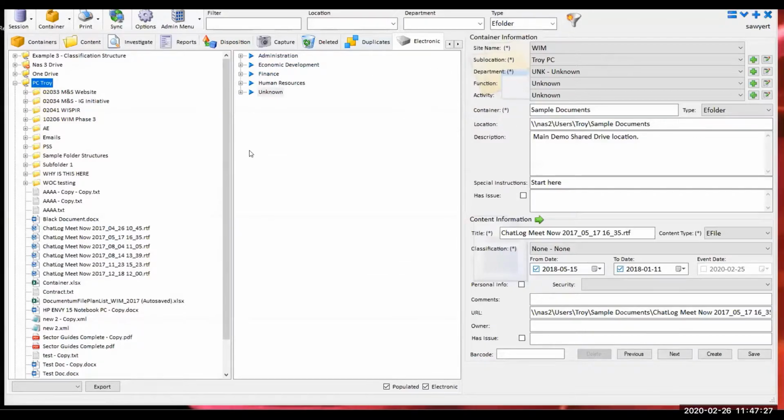Center view here is what we call our functional organizational structure, and this is essentially where we've added some valuable information to our electronic profiles on the left. And what do we see coming out the other end when we apply things like maybe a department, function, activity, as well as a classification associated with the documents? Right-hand side. Go ahead, Troy, maybe you could show us too when you get a chance how we get retention